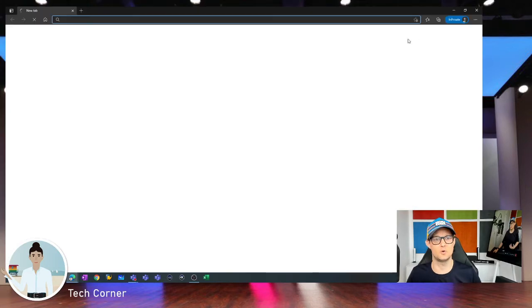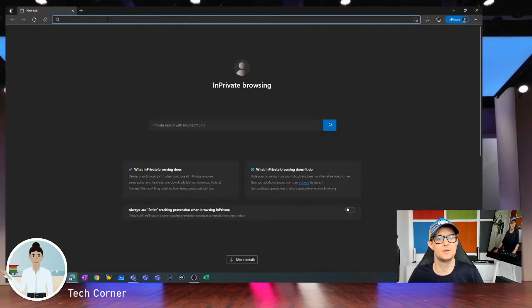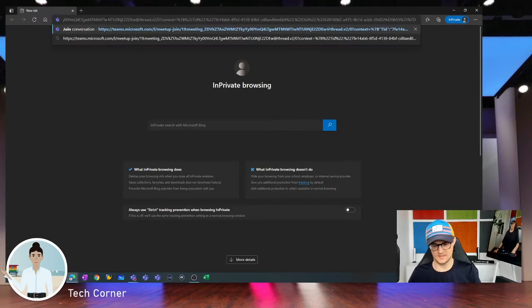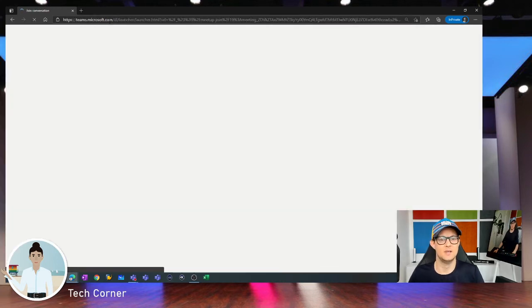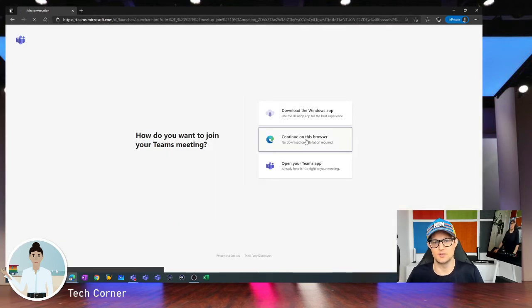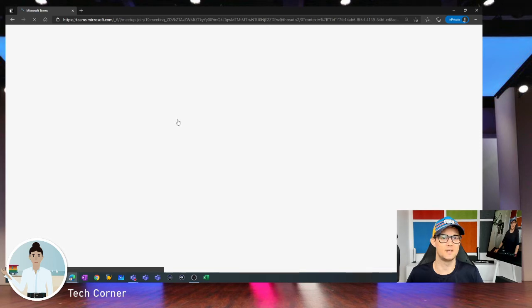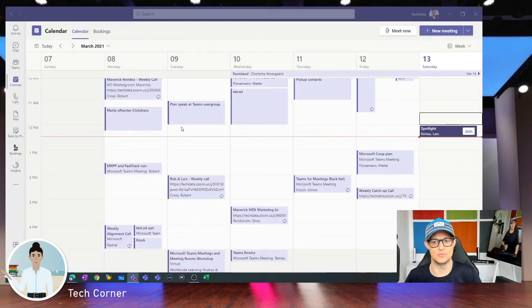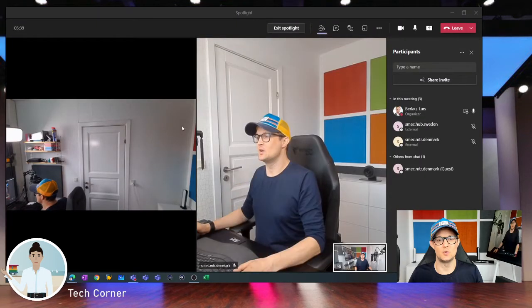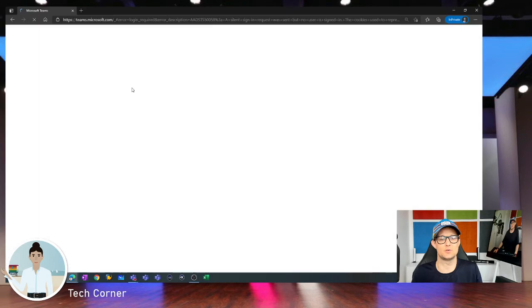But if you go into the in-private browser, making sure that you paste the link in the in-private browser, then you would actually be able to continue in the browser instead. My experience is that it will always try to push you back to Microsoft Teams, and then you would be able to swap back to the browser again. So it is pushing to my Teams call, which is already running. But if I go back here to the browser-based version, then in a few seconds,